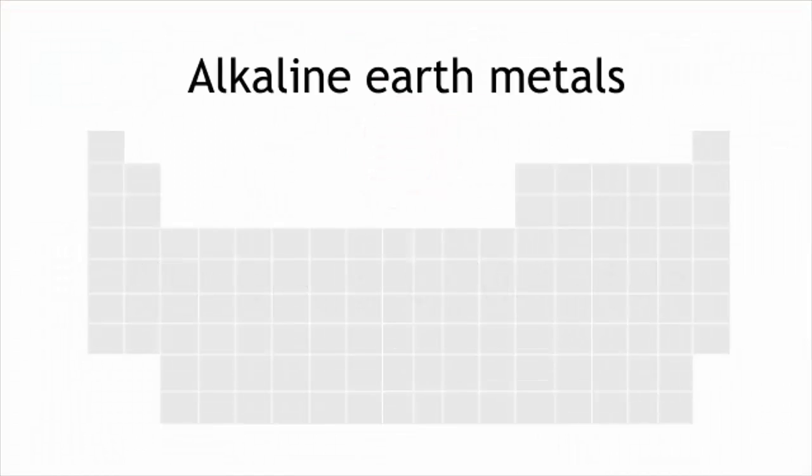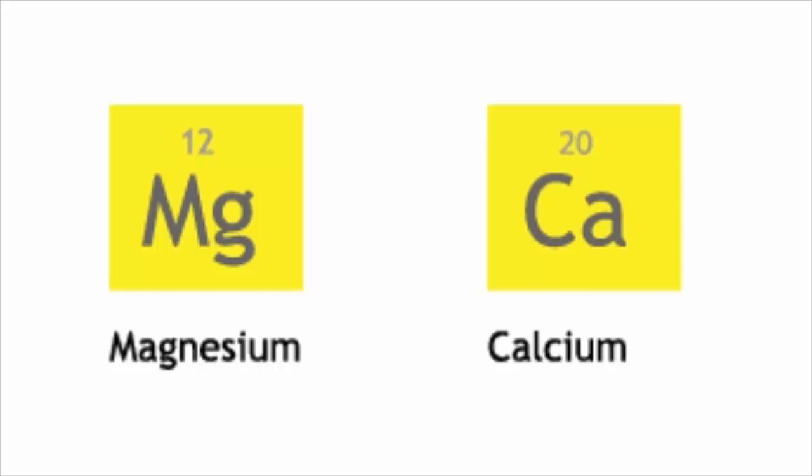In this lesson, we will learn about the alkaline earth metals in Group 2 of the periodic table. We will focus on magnesium and calcium and learn about how they react with oxygen and water and the products